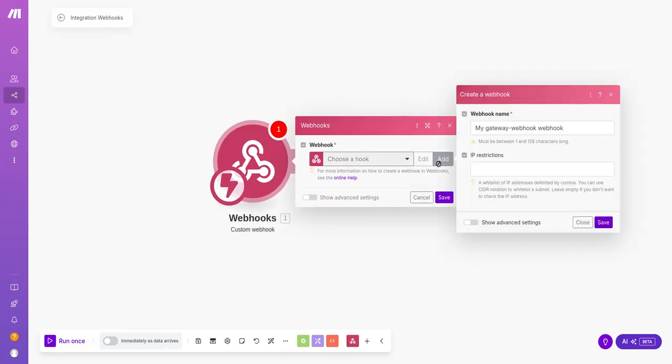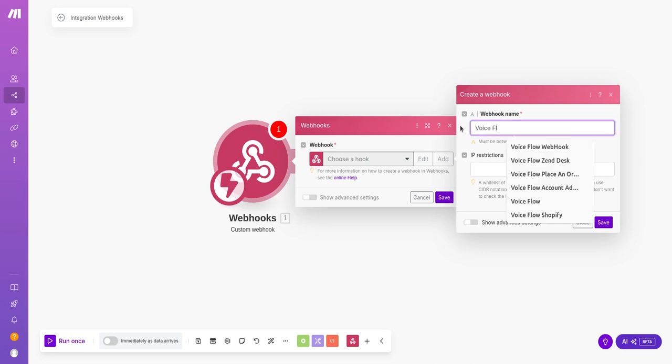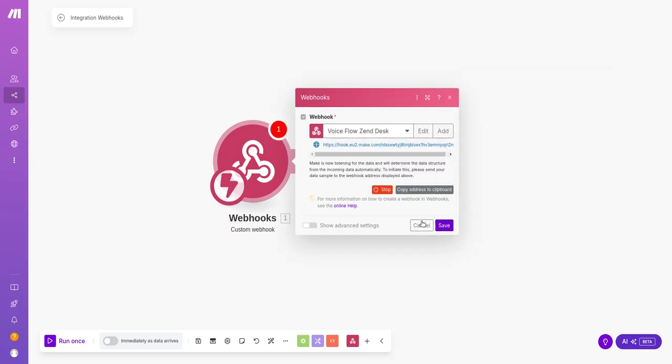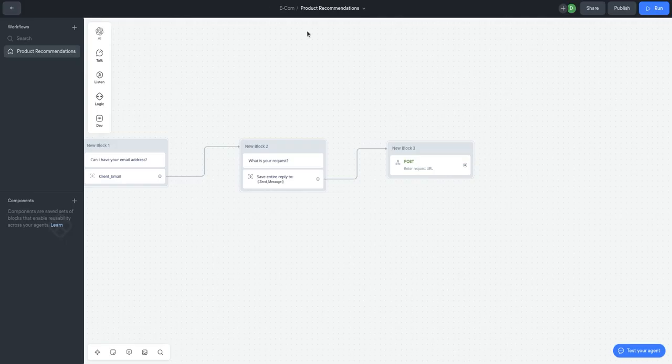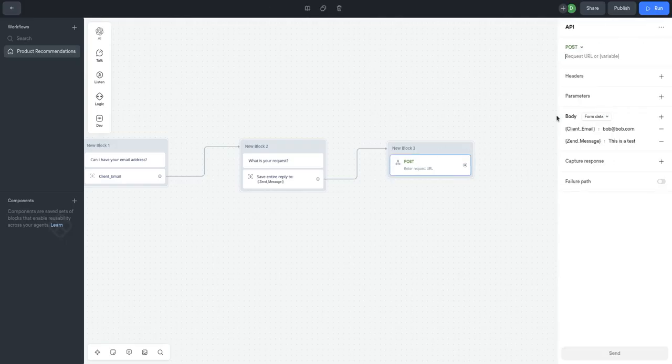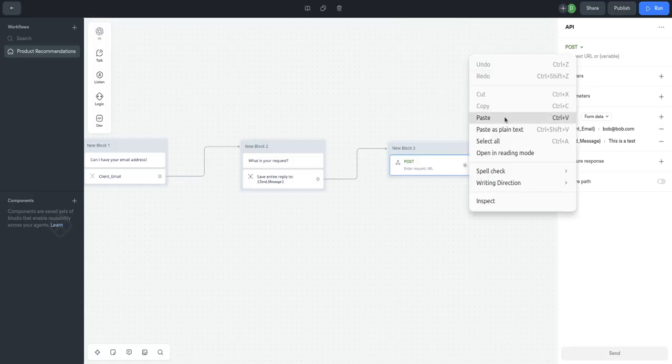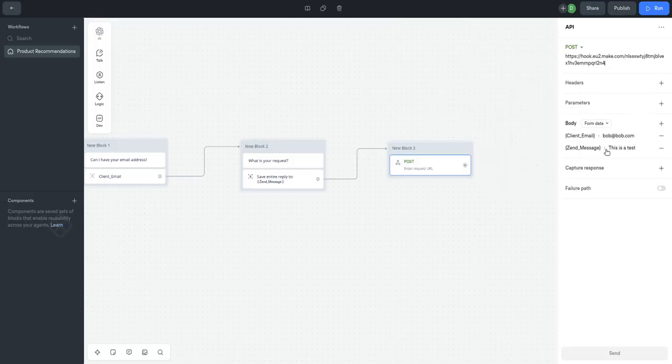So we're going to add a webhook, and we are going to call this VoiceFlow ZenDesk. We do save, and now it's looking for it, right? But we need to just hook that in. So we just click on copy to clipboard. We do post,